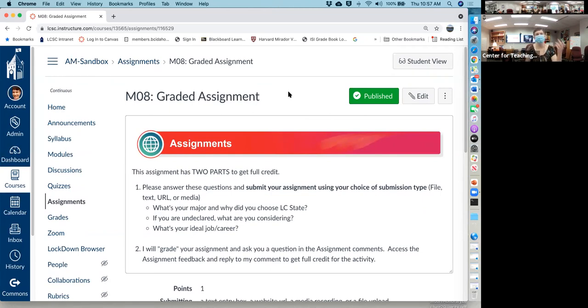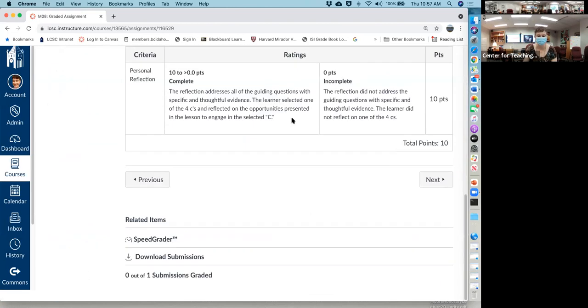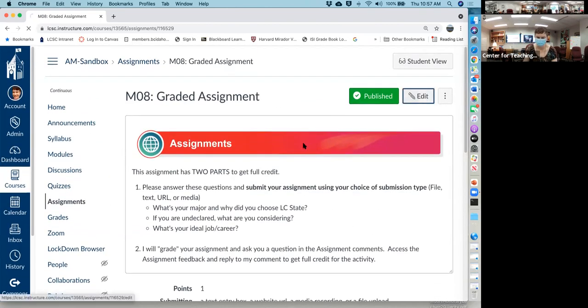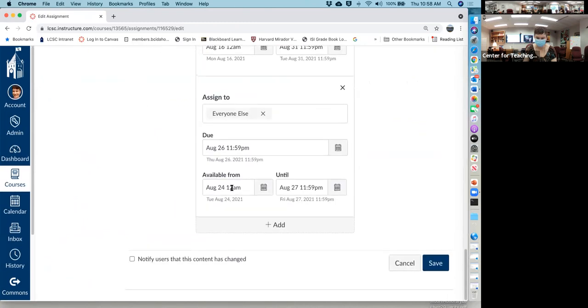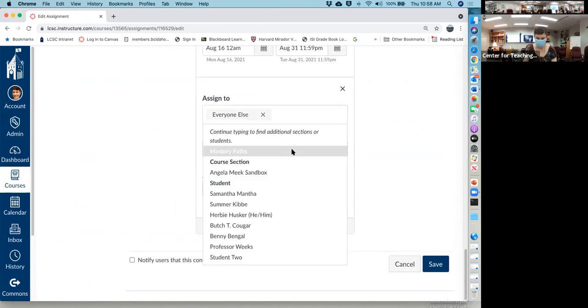So let's say you teach a 60 and an 01, and the face-to-face students have slightly different assignments. Under the assigned to, you can pick a full section of students so that only that section would see the assignment. I don't know if I can show you that in this class because I don't know if I have more than one section, but when you click in here, you would actually see under course section Angela Meek Sandbox 60 and Angela Meek Sandbox 01, and you could assign it to just that section,